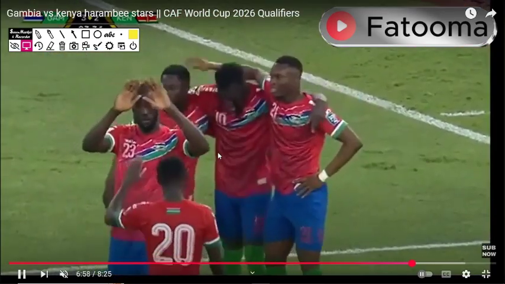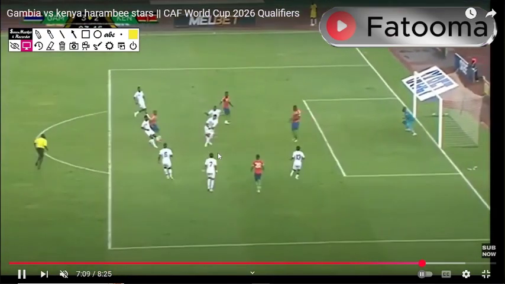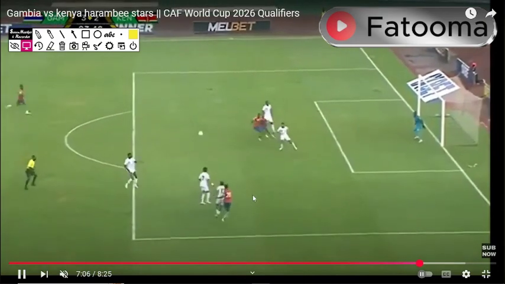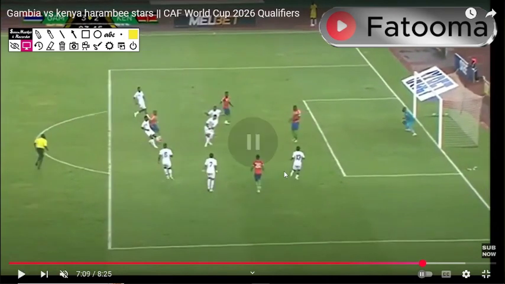What a comeback. Is it? No, no. This is just one. It's not really a comeback. And he is playing everyone onside. I understand he's following his runner, but he ends up playing everyone onside. If he just maintained his line, but I understand it's very difficult for offside traps because at this point you're relying on things like VAR and it doesn't always go your way. So I do understand why he runs back, but if he stayed in his line, he would have been offside.